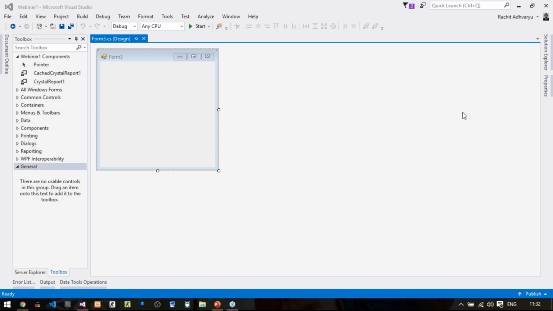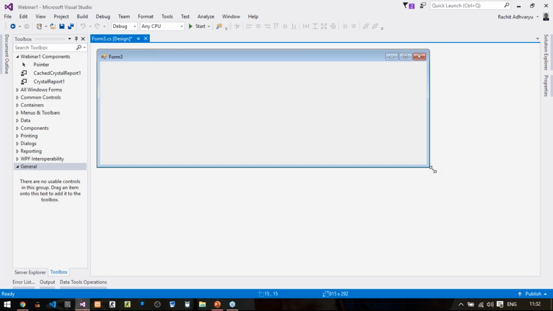Okay, so we are starting with our session. There are some requests from the students that I need to revise the last session's binding part. So again, we are starting with the binding of the data, right? This is a form that you can see. Now the question was I need to bind my data in this form and show my complete data from the database into a table format.